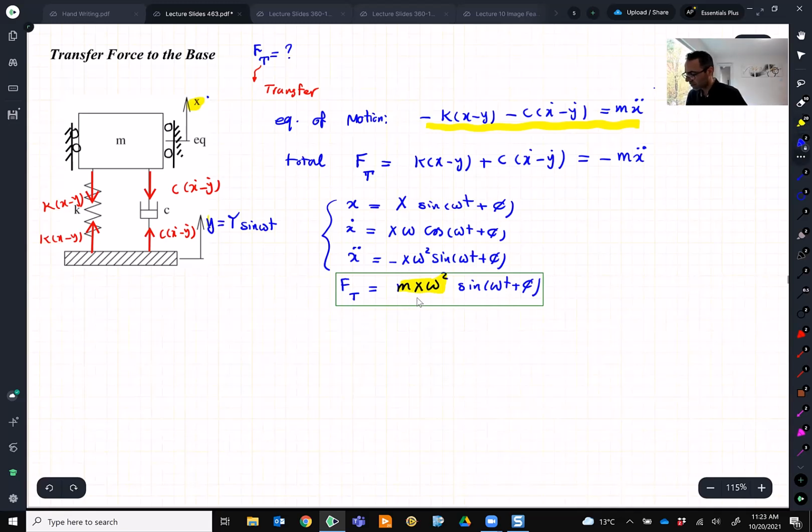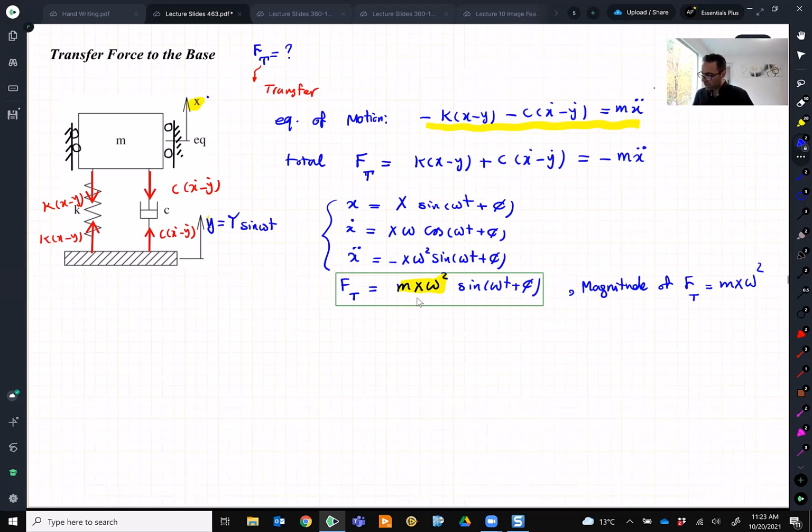So the magnitude of Ft is m X omega squared. So we managed to find X. I'm going to write it down again here. So from here, I can write down Ft is equal to m omega squared, and X